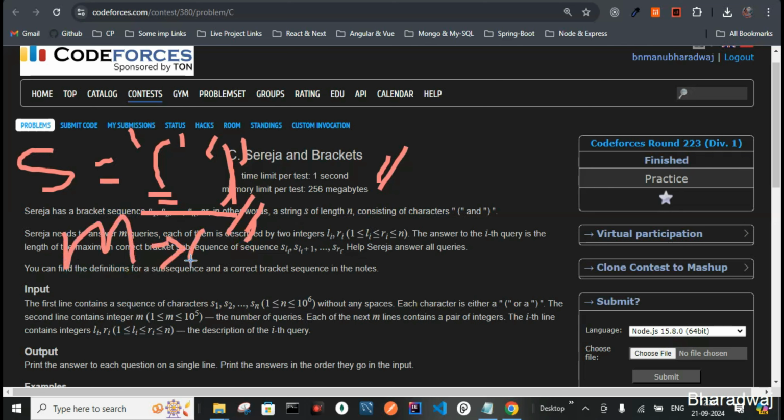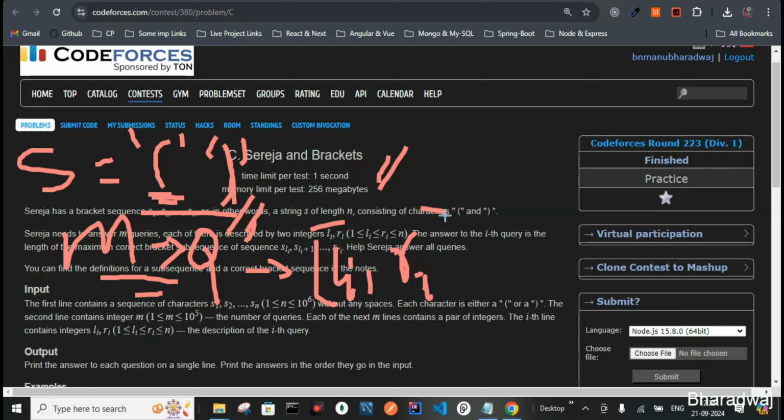Each query provides a range li, ri, nothing but l, r,